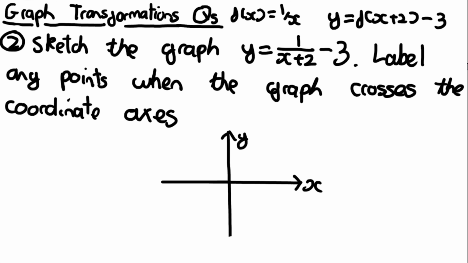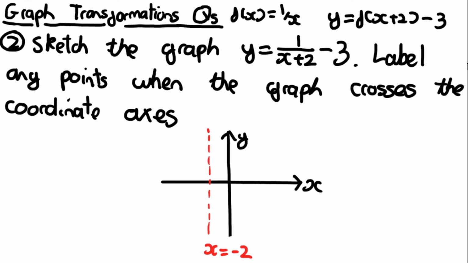So we're going to do the x plus 2 first, so this is going to shift the graph left in the x direction, so it's going to minus 2 from all the x values. Remember, it has the opposite effect if it's inside the function. So it's going to move the asymptote that was once here. I'm going to do it in a different colour to make it a bit clearer. The asymptote that was once here, it's going to move it to, let's say, here, and this is going to become x is equal to minus 2, and the minus 3 is going to move the graph down